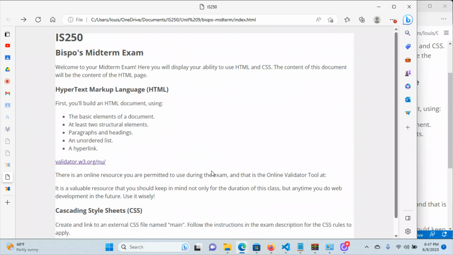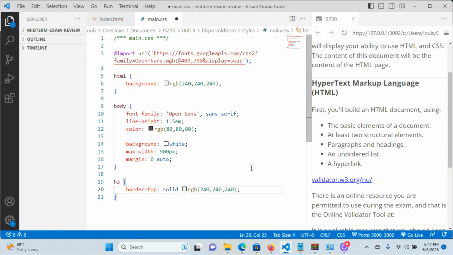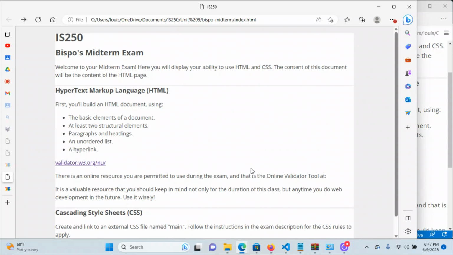And did I not save that? Border top. Because I'm forgetting the cardinal rule of doing borders, which is you always need to have at least a style in there. You need to have a border style in there, which is like thin, or rather solid, or dashed, or dotted, or something like that. I think we've only done solid borders, but that's what you almost always see. So now that I remember to do that, solid RGB, and I go over here and refresh,